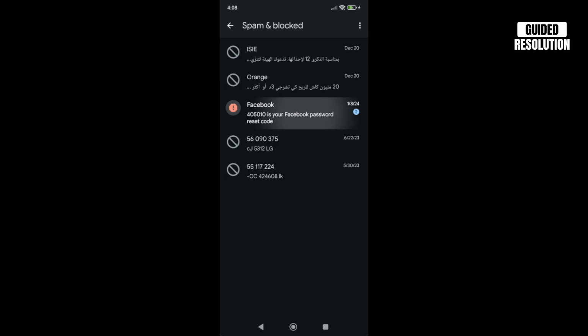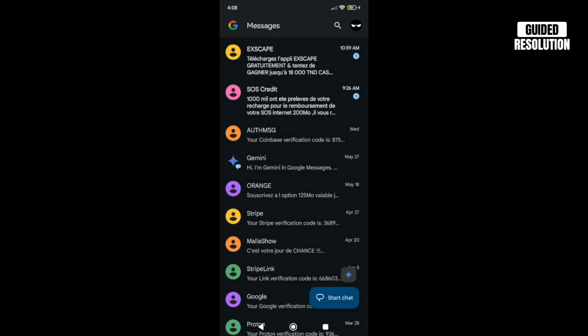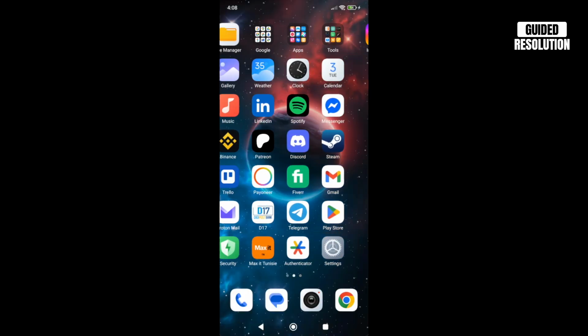Now if it is, you can simply select it and then click unblock, or this icon on the top right hand side next to the delete, to unblock the number. And then you want to go to the Twitch application and try again. Now if that still does not work for you, what you can do is go to the Play Store, and